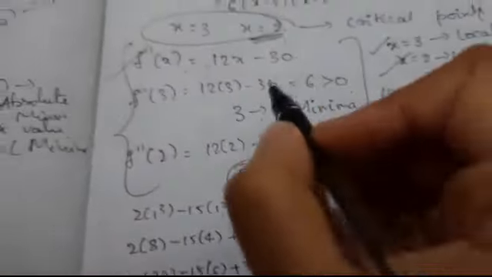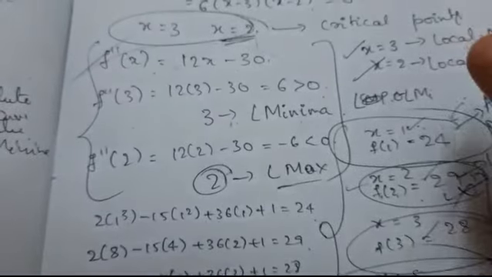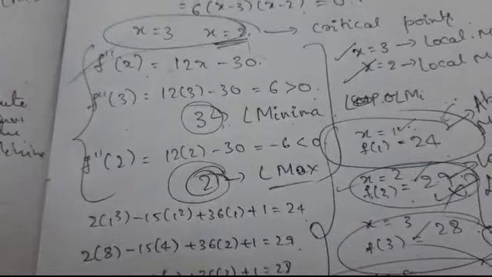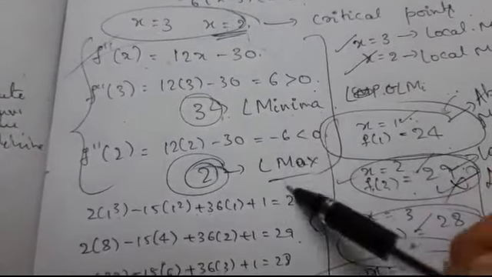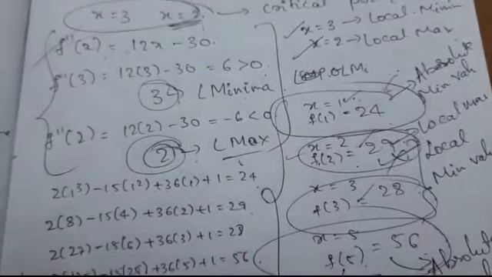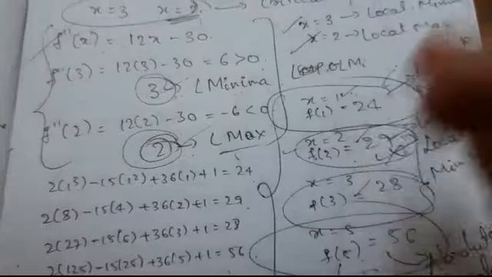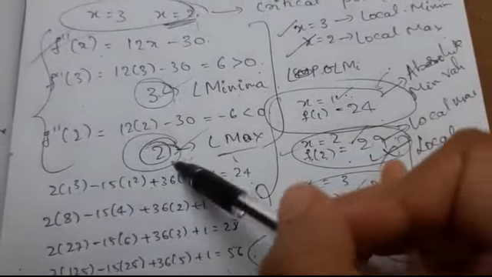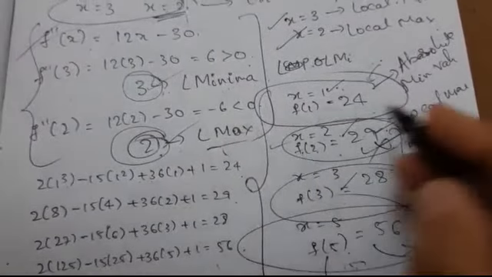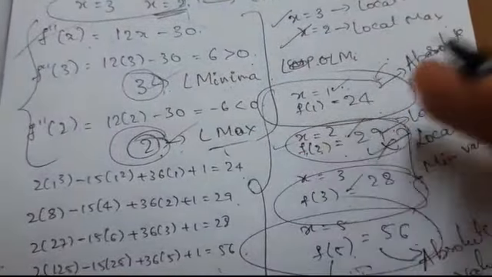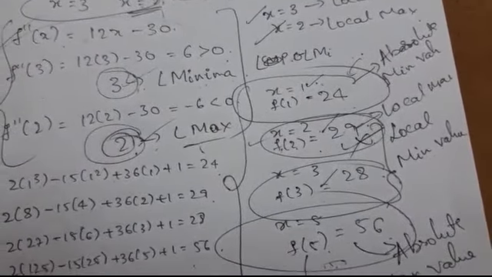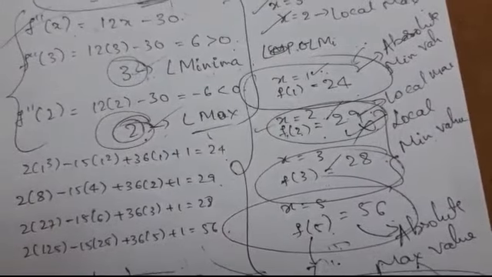So that is the reason we check the second derivative test, to see whether we get a local maxima or local minima at those critical points. Suppose we get local maxima or local minima, then there is no need to worry. Suppose we do not get local maxima or local minima at the critical point, and it is a point of inflection, and we didn't check and didn't know that. Without knowing that, if you check this point and get a maximum value there and declare it an absolute maxima or absolute minima, then it is going to be wrong.